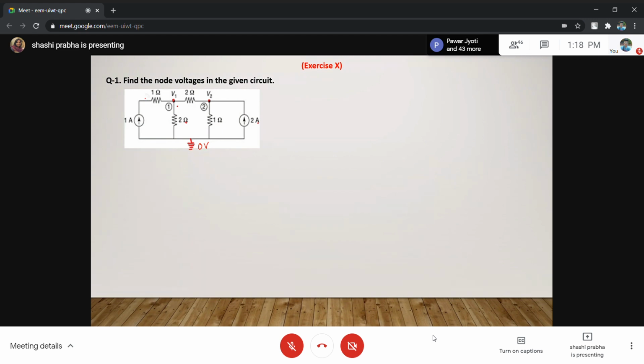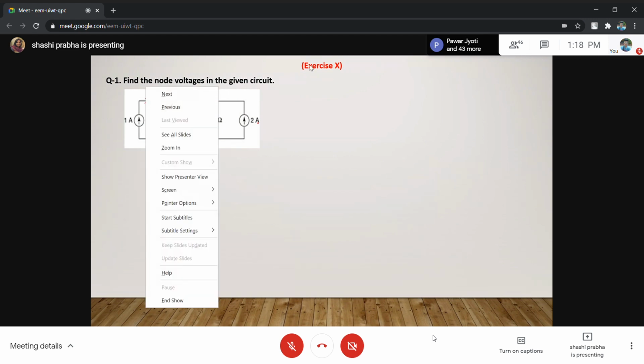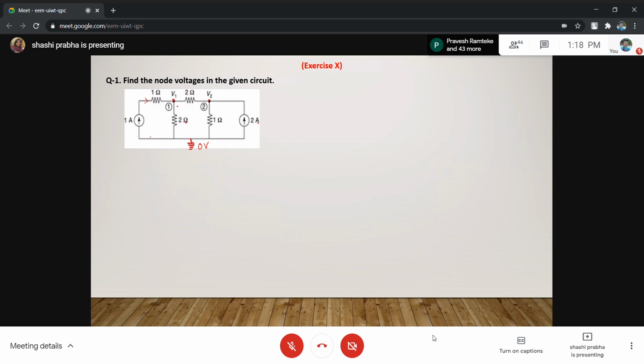Let us see some direction. Randomly I'm taking this as I1, as per my wish, I1, I2. I'm taking this as I3. I'm taking this as I4, and you can select different if you want. So how many currents have we selected? I1, I2, I3, I4 and I5. There are 5 currents which I have selected.